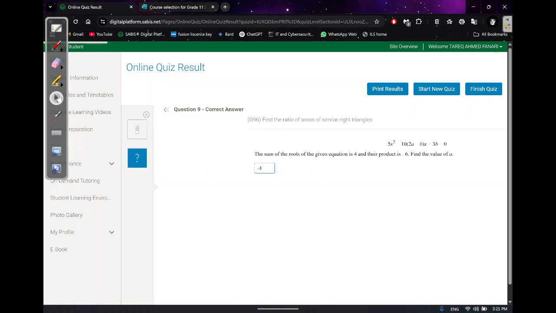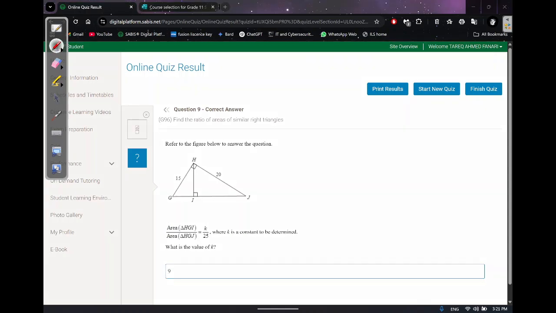Final question. Oh, this is annoying. Okay. Area of this triangle of the HGI, so I'm going to draw it in yellow because it's very obvious. HGI over area of the triangle HGJ. HGJ is the whole thing, the big triangle. Equals K over 25, where K is a constant to be determined. Now, for this question, you're going to need